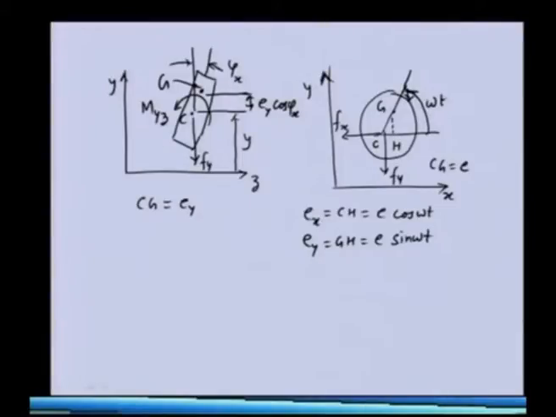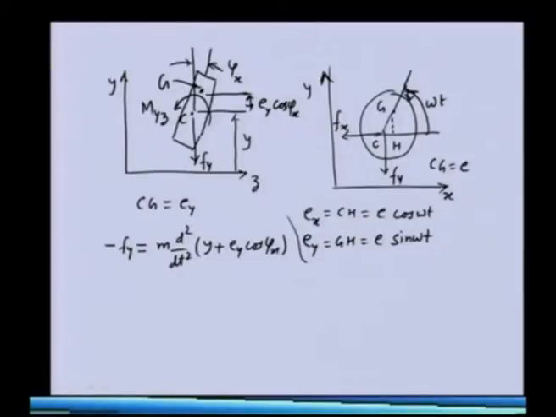So, let us say first the force balance. We have Fy, that is the elastic force which is acting, then the inertia force. The location of the center of gravity is y, that is this distance, and then Ey cos phi x. So, the right hand side term is the inertia term and the left hand side term is the reaction from the shaft, that is the elastic force which is coming from the shaft.